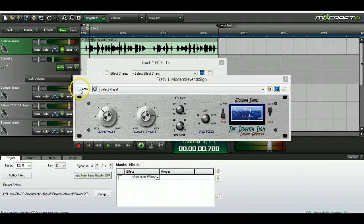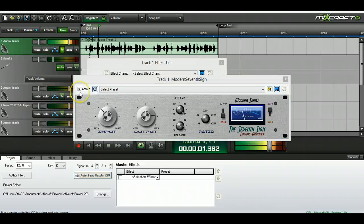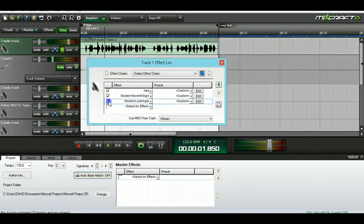On shot up, you can see the red clip, but I'm gonna turn it back on. I mean, it does apply a subtle, more like analog-y sound to it, but that's how that works. And then on this modern Lost Angel,